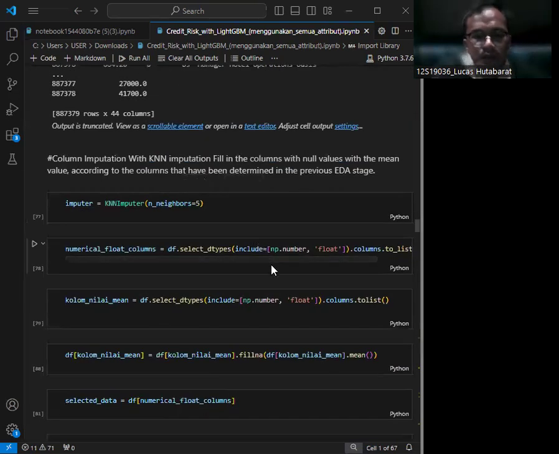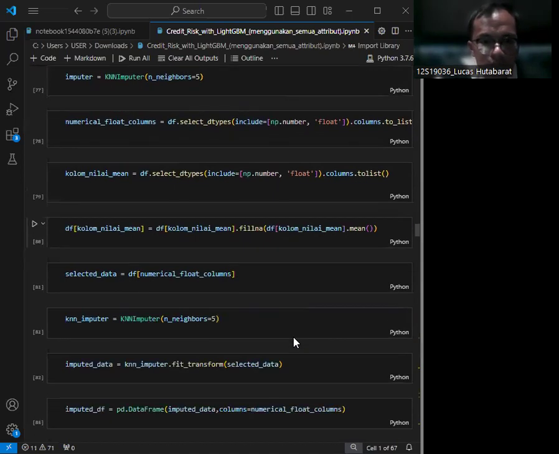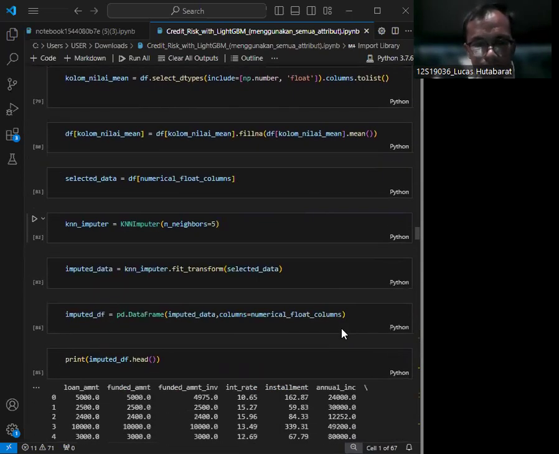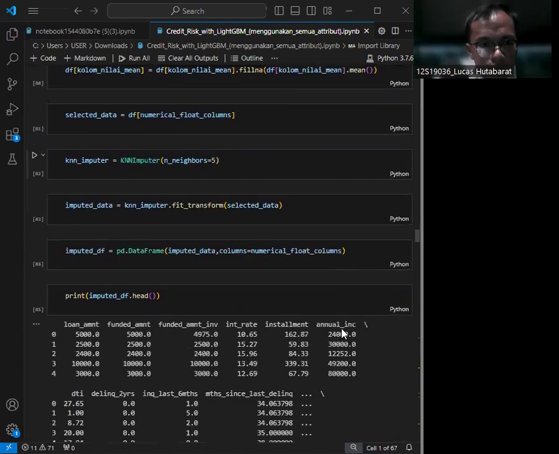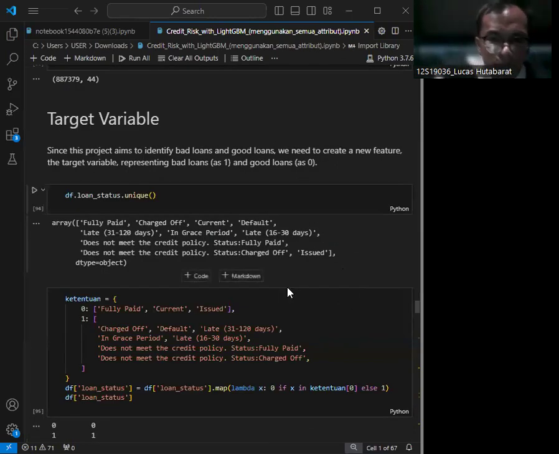Next, we impute missing values with KNN. We use the KNN imputer to fill missing values in numerical columns. This technique helps in preserving the data distribution. Next, we create a target variable. We create a binary target variable to indicate loan status.